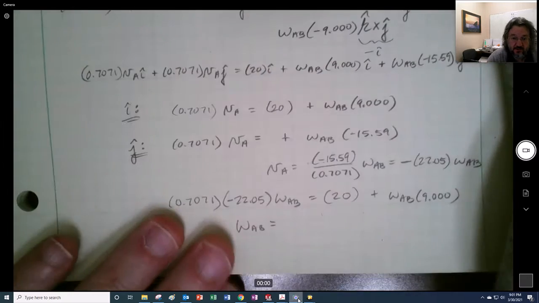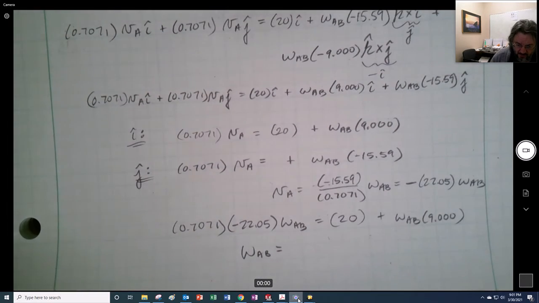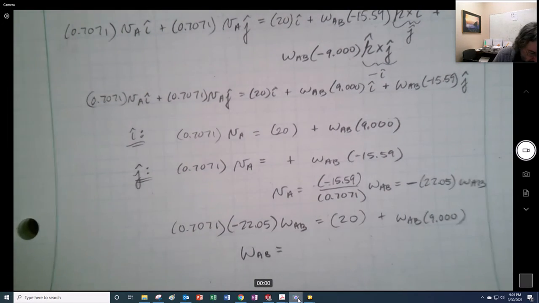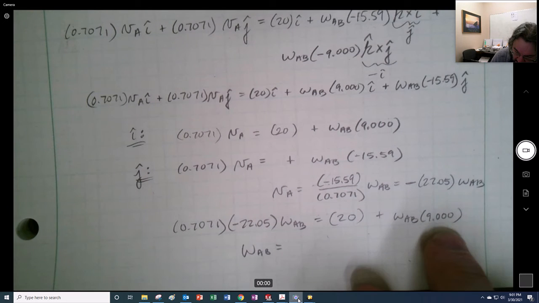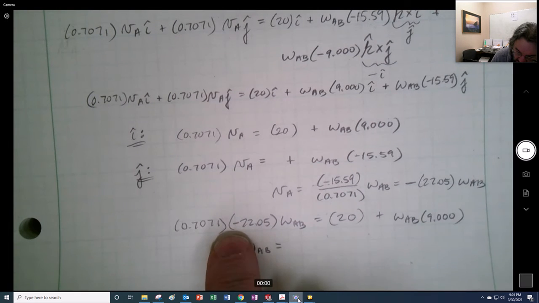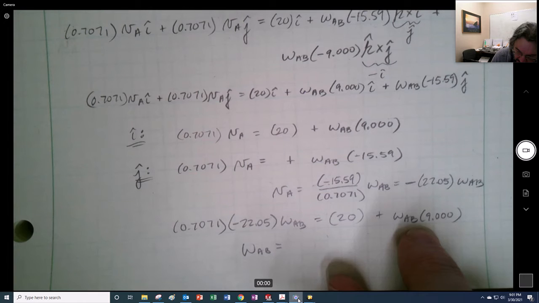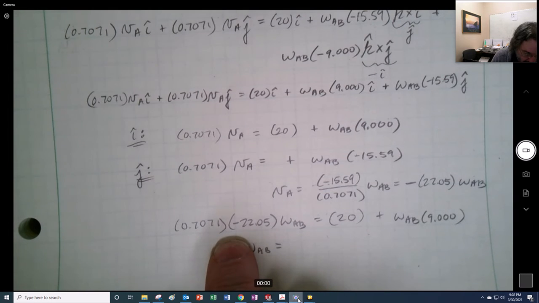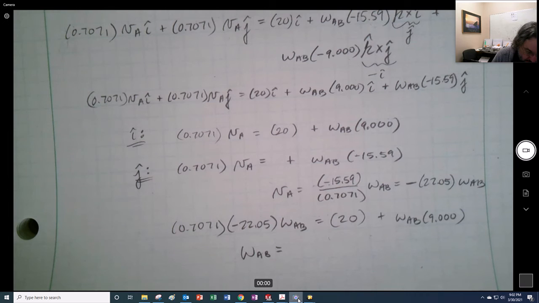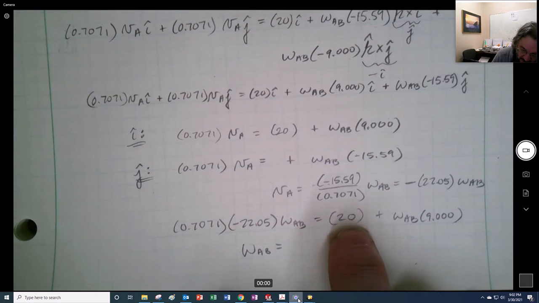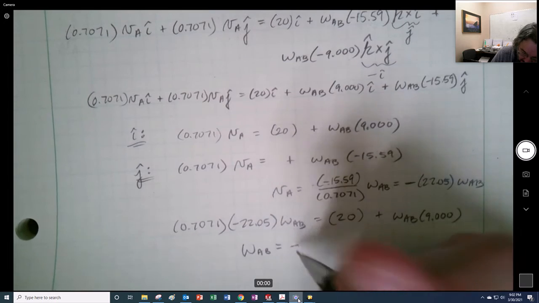Let's see if I can get that up in there. Omega AB is going to be, let's see, 0.7071 times, yeah, we just get that, and it's negative, and so this is going to come over to the other side, and it too is going to be negative, so we're going to add that 9 to there, and then we're going to divide 20 by it, but it's still going to be negative, so we get a negative